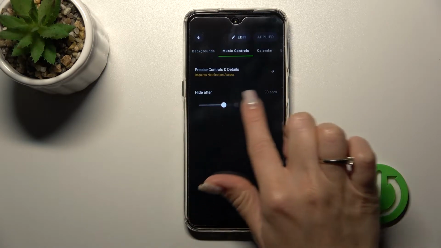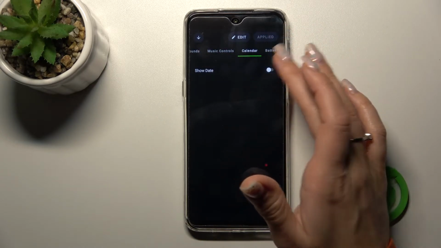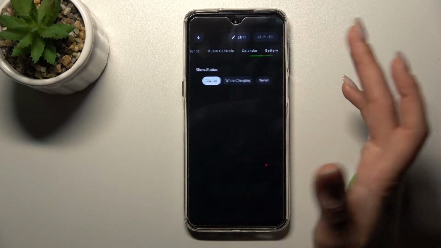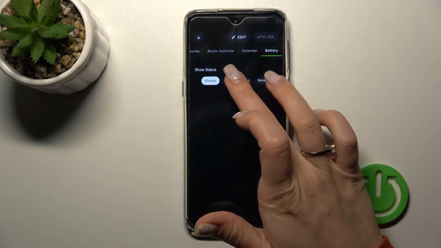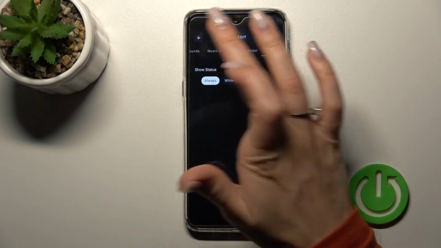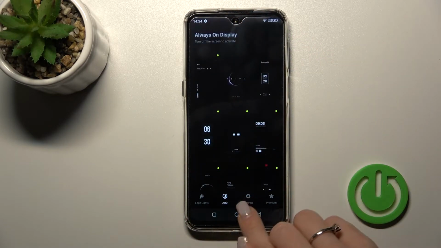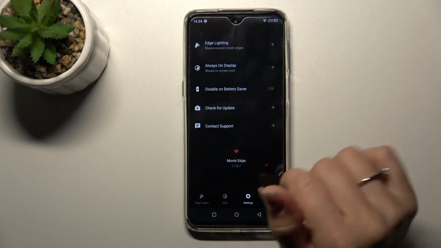We can hide here the music controls. We can hide them after 10 seconds or just not hide them. We can use here the feature to show the date. We can also show the battery status on the LED screen always, while it is charging, or just not show it. And let's tap here on the six icon, switch it to the settings and tap on always